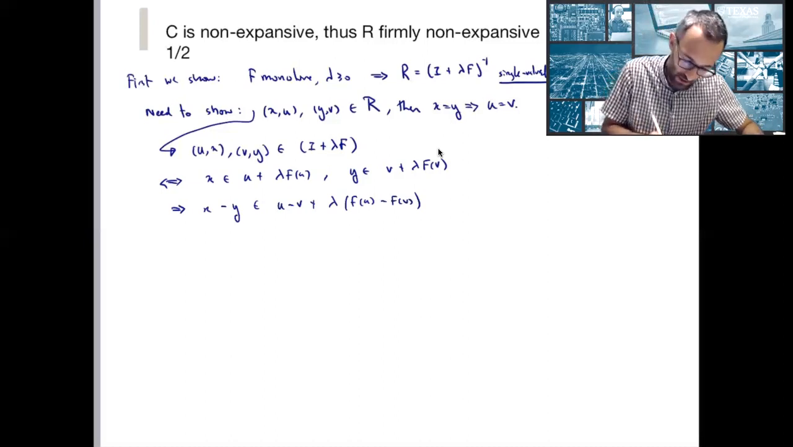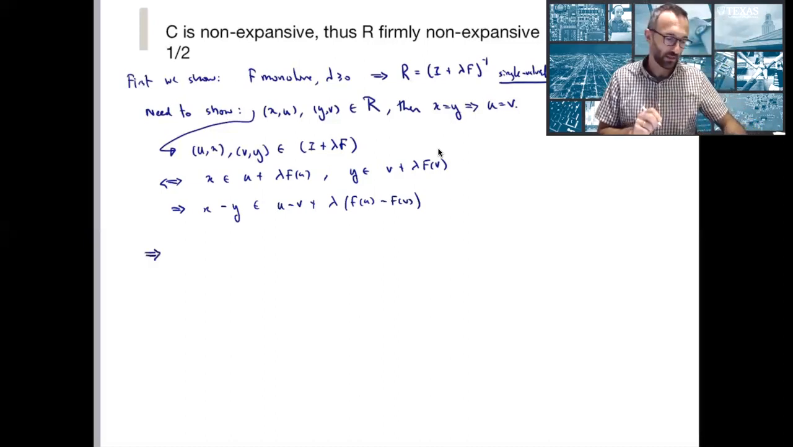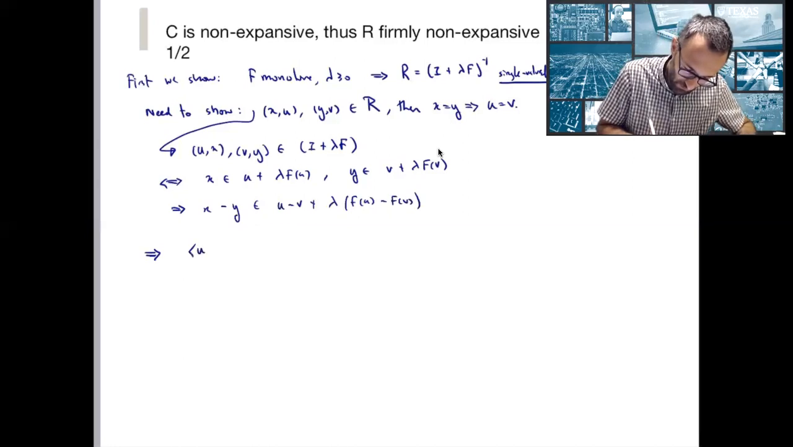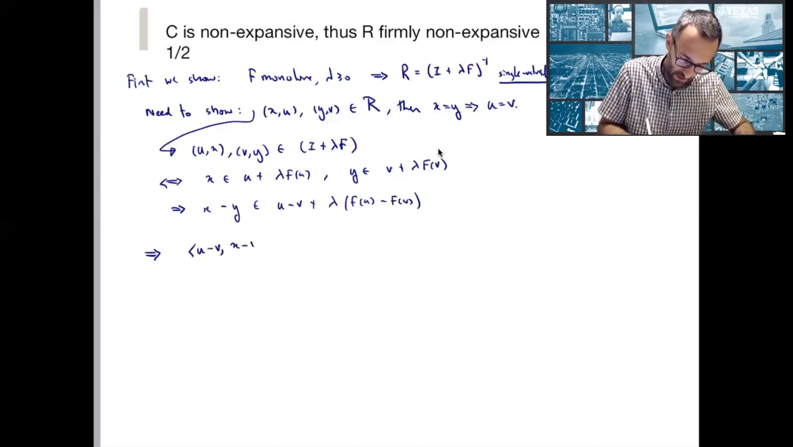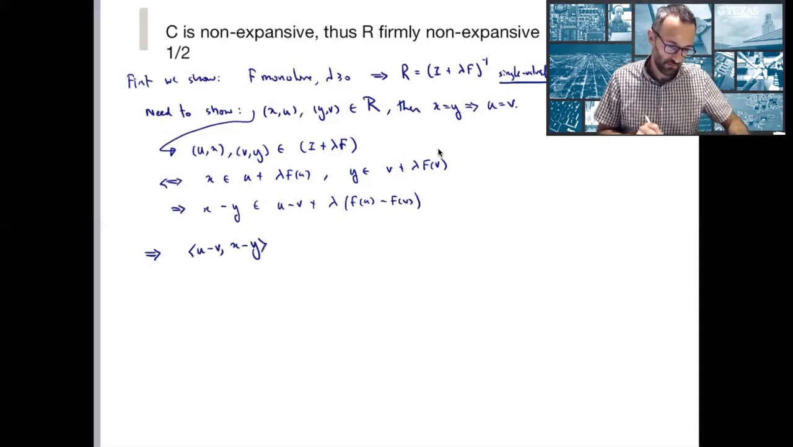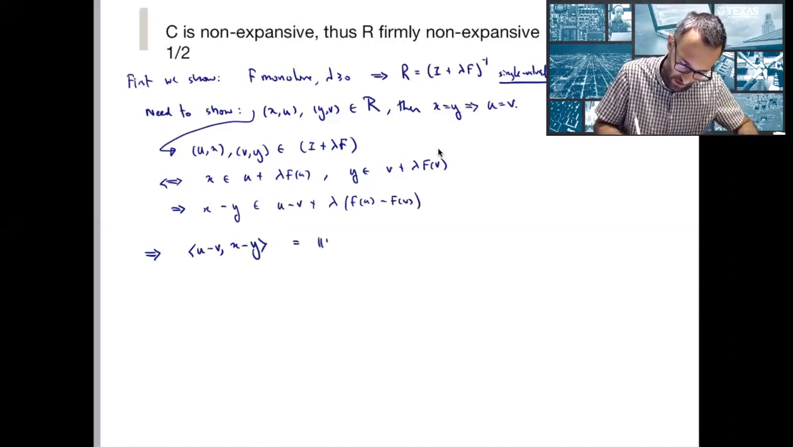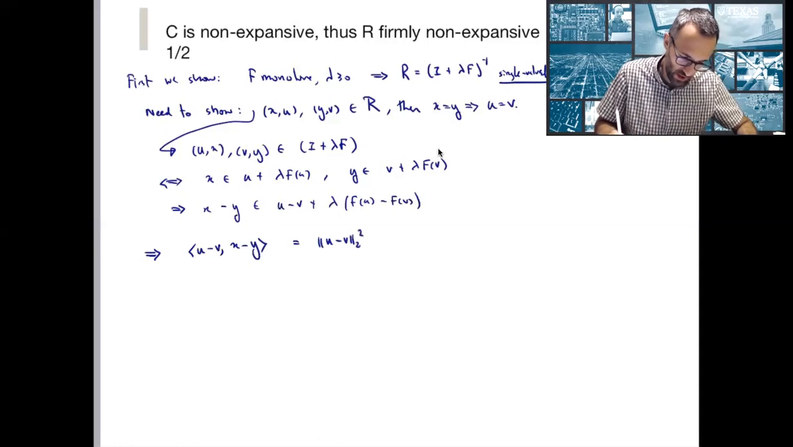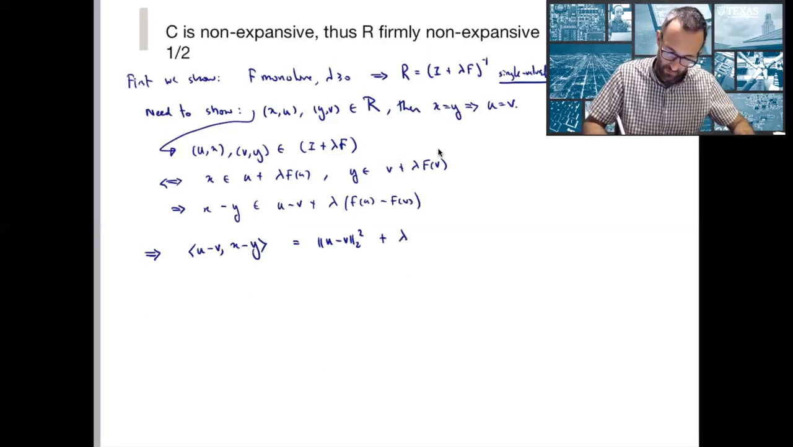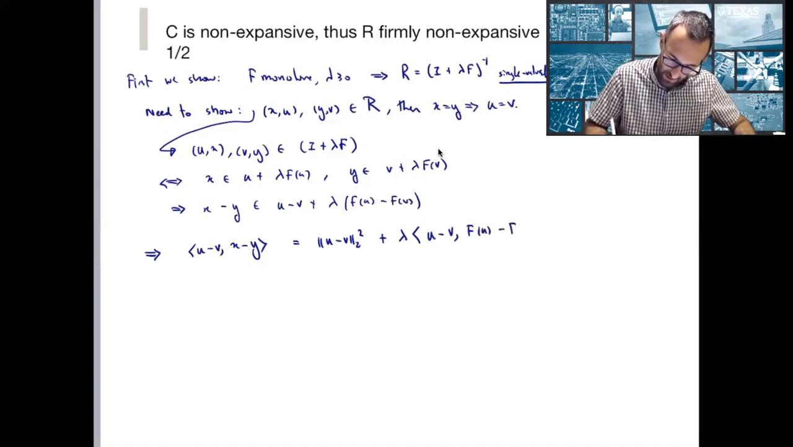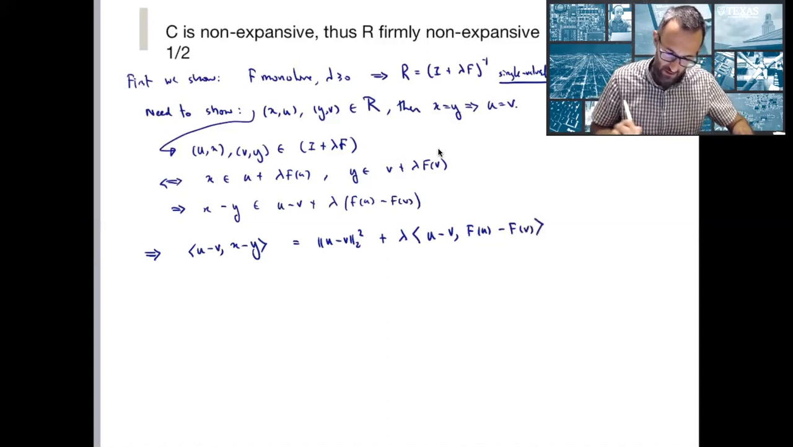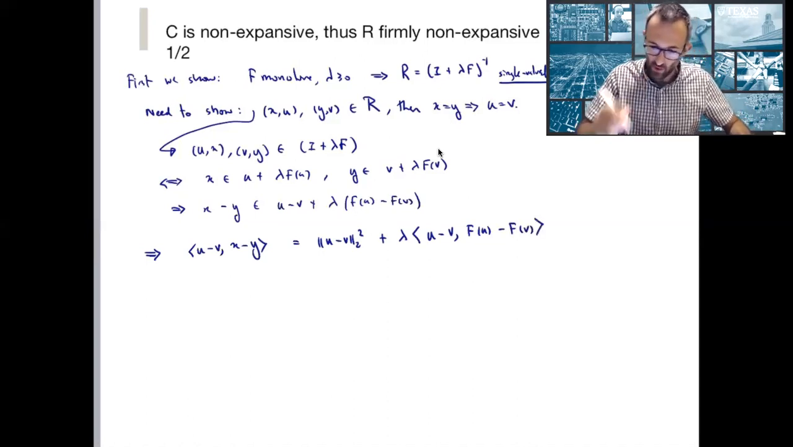So now, let's make sure we understand this. This means that (u minus v) times (x minus y) is u minus v squared plus lambda times (u minus v) times (f of u minus f of v). I didn't mean to write equality here. What I mean to write is